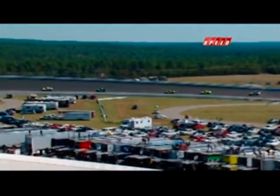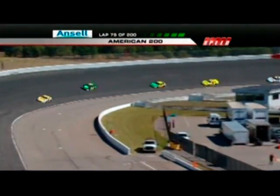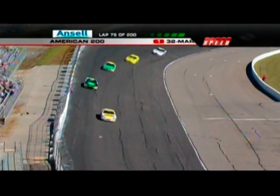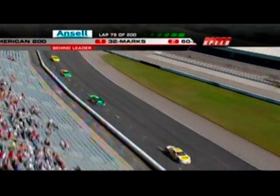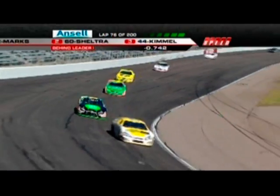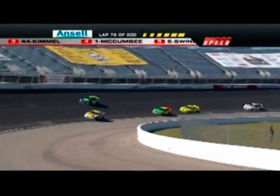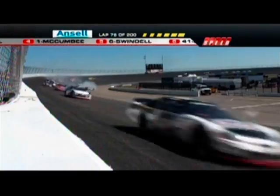Welcome back to the Rock. It's Justin Marks who has just over a half a second lead now over Patrick Sheltra. You see the two cars. Justin Marks in the 32, Patrick Sheltra in the 60. Yeah, how about that 44 right behind him, as well as the one of Chad McCumbee. Top four right there together. Justin Marks losing a little bit on the pace that he had earlier,